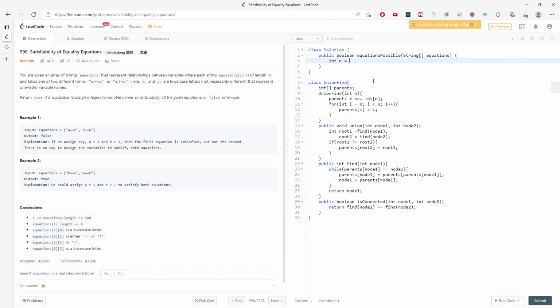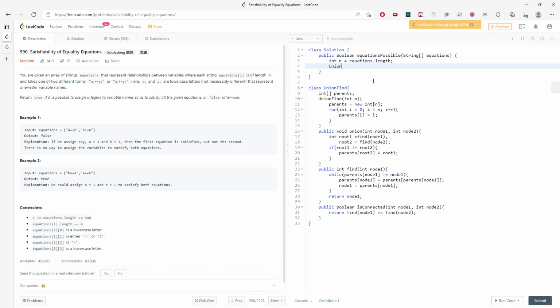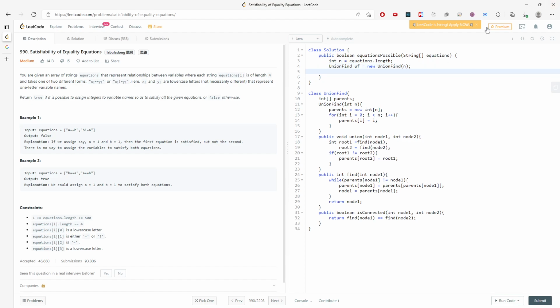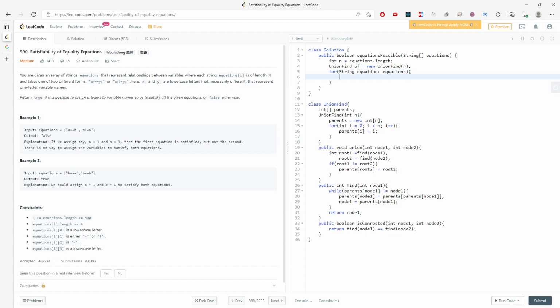So I have an n. So n represents the equations length, and I'm going to call UnionFind. I'm going to say uf equal to new UnionFind, and now I'm passing the size of n into my UnionFind, right? All right. So I'm going to traverse the entire string array, right? String equation in equations,